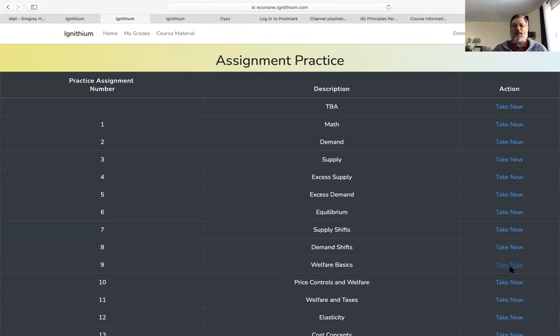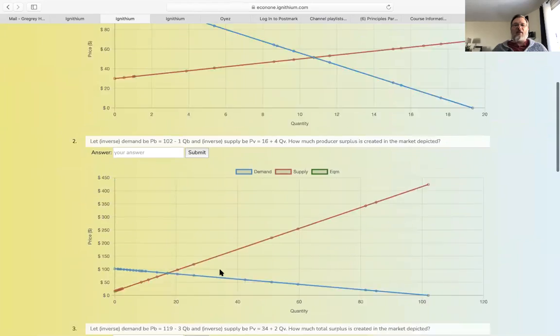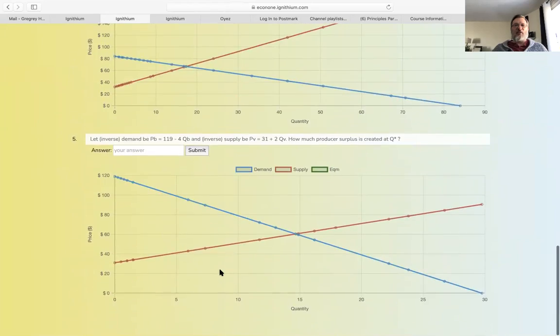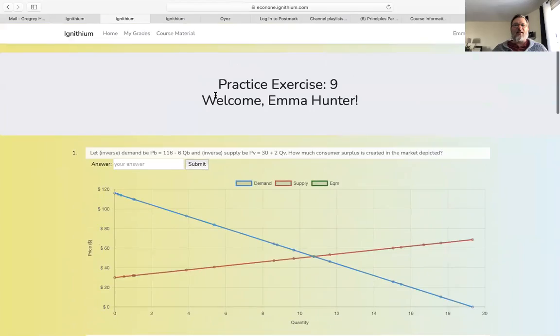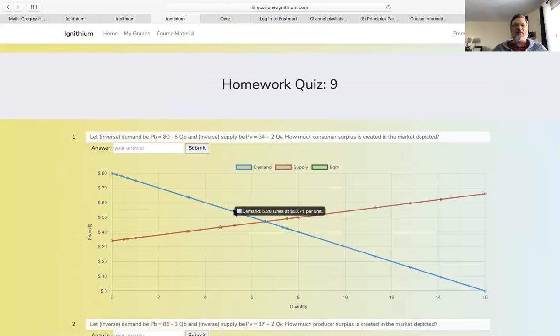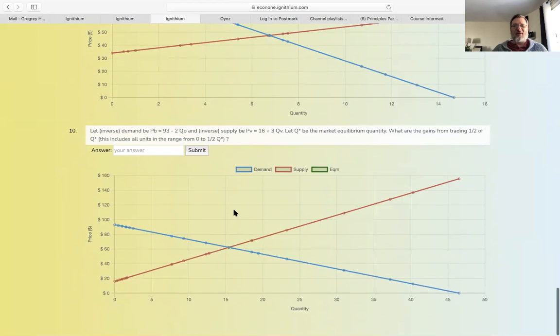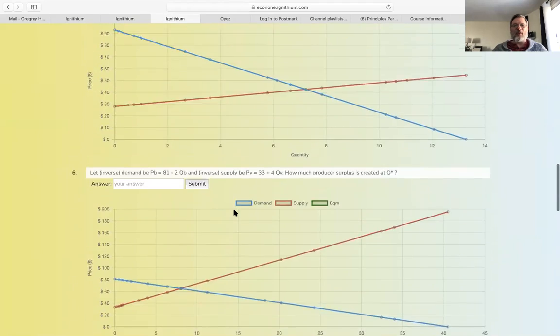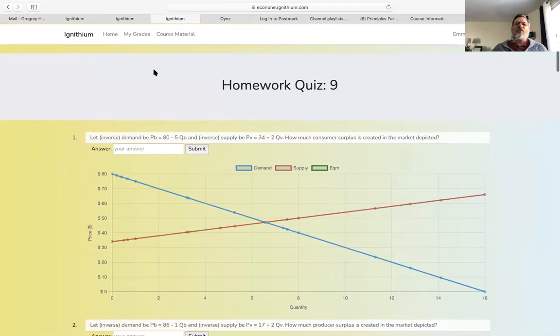Practice number 9. And I want to point out, as you'll note, that there are only 5 questions on the practice, and there are 10 questions on the homework quiz. So